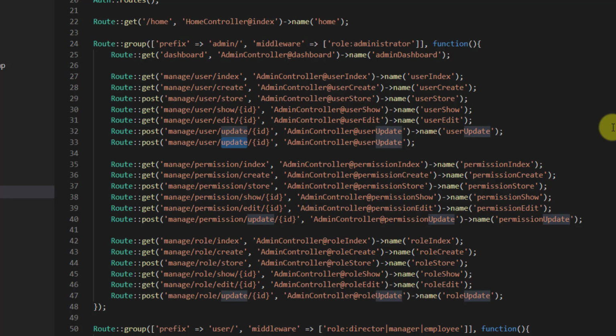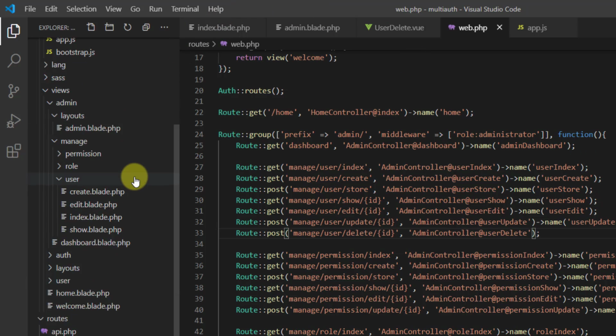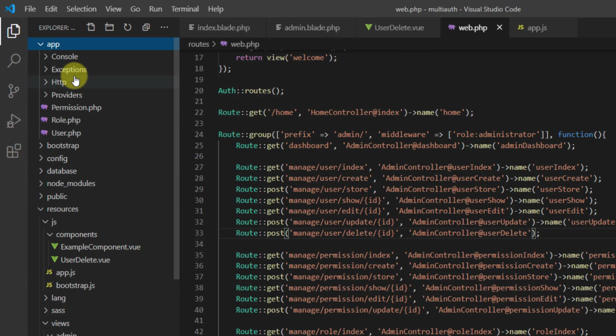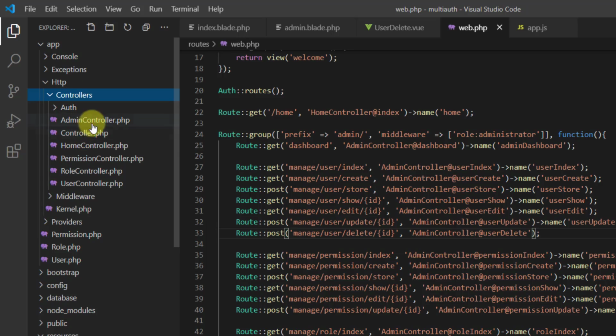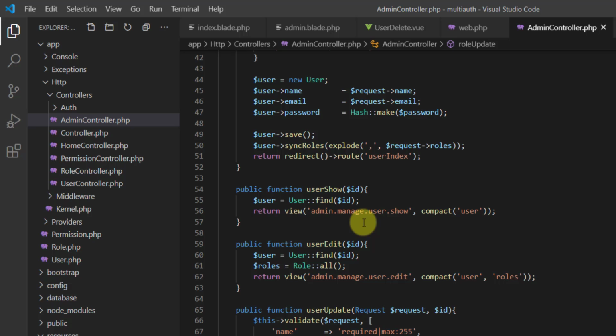So instead of this update, let's say delete, and it should go to AdminController userDelete function. Now let's open our AdminController, which is in app/Http/Controllers, and if I scroll to the top,